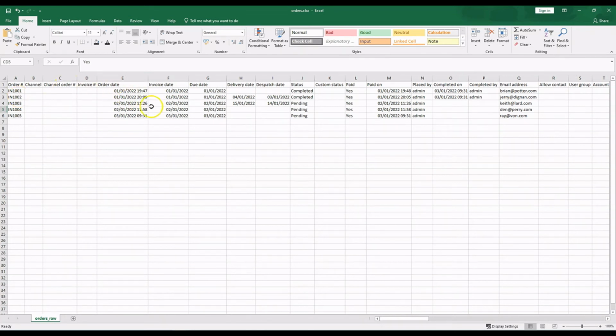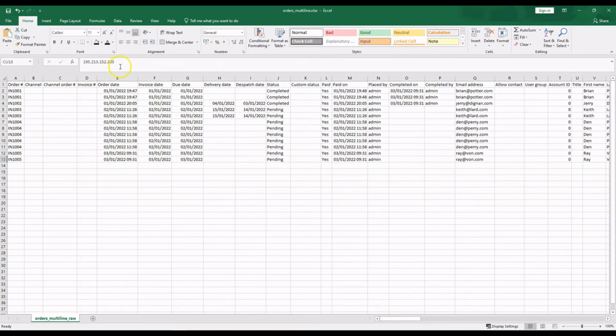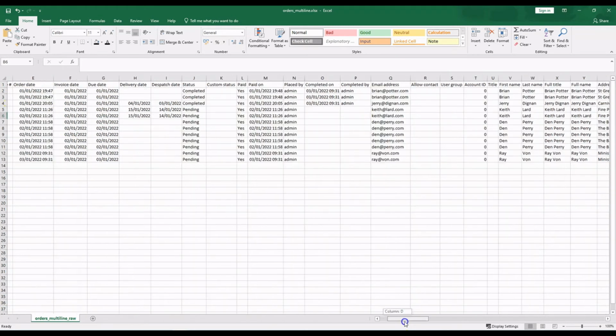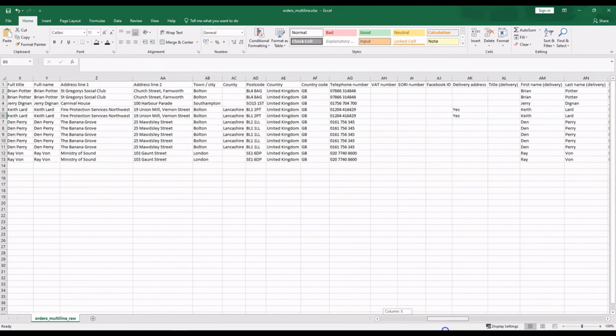On top of this, I also just wanted to demonstrate the product CSV as well. So this is, as I mentioned, an option when you export. So what you'll see here is we've got, again, the same 5 orders, but we've got the order number repeated here on multiple lines. That's because, as well as the order information, we've also got the product information on this CSV. So if I just scroll across here,